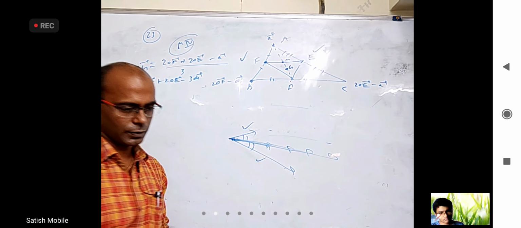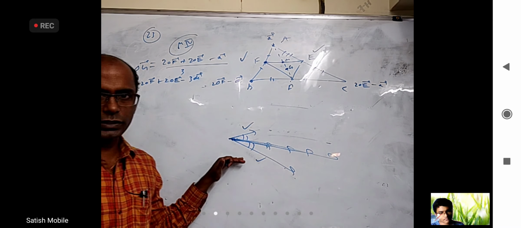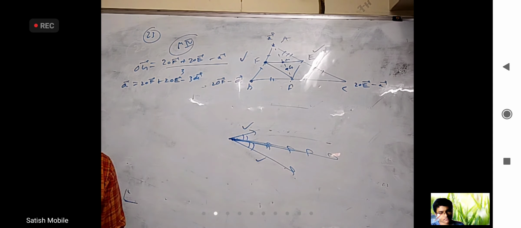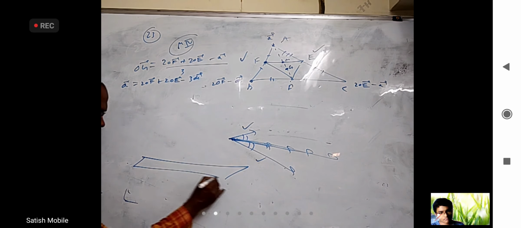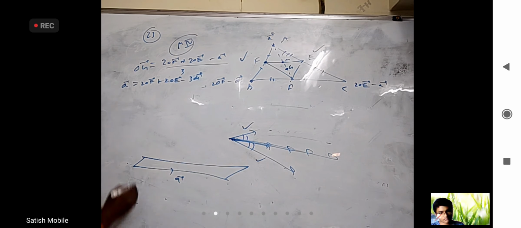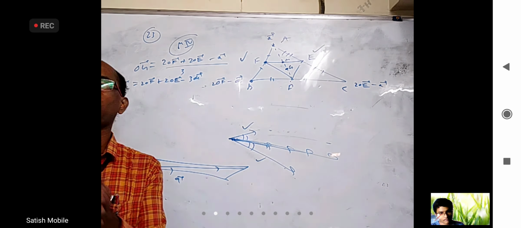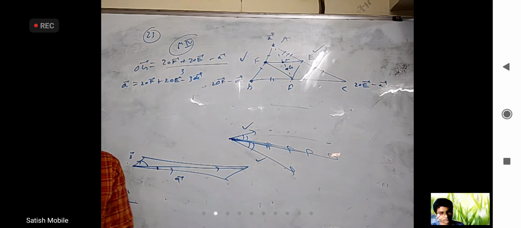How to find this? When you add two vectors, you don't get the angular bisector necessarily. I will purposely show a long parallelogram here. If this is A bar and this is B bar, the resultant diagonal is A bar plus B bar. Obviously, you can see this is a very small angle and this is a very large angle. So A bar plus B bar may not bisect the angle between A and B. But it will if they have the same magnitude.